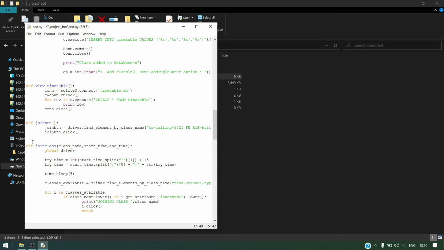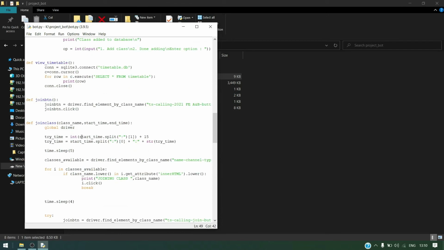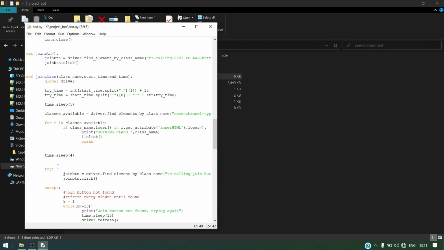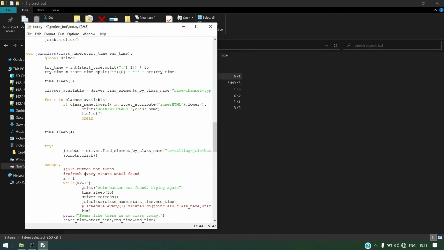As the bot logs in to Microsoft Teams, it will join the class according to the class name and the starting time given by the user. If it gets the class, it will join the lecture, otherwise it will refresh the page every minute for up to 15 minutes until it finds the lecture according to its timetable.